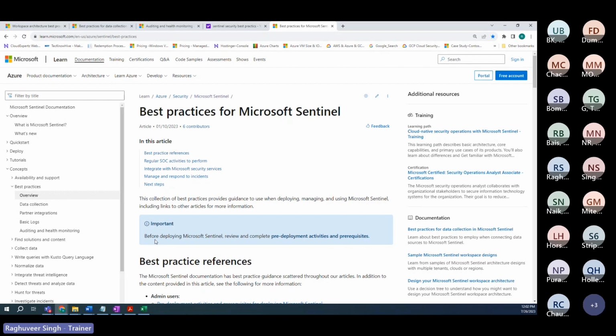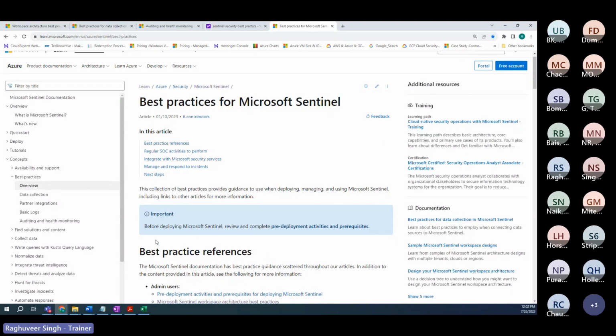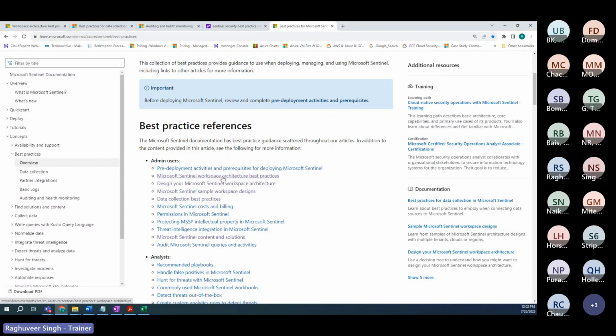Now that we have logs ingested into our Log Analytics workspace, which is connected to Sentinel, and we have started getting all the logs into Sentinel also, we may have a couple of events already created by Sentinel. We will need to move further. What is my next step after configuration of logs? After I'm done with the workspace architecture and best practices, after I'm done designing the Sentinel workspace architecture, which in my case is